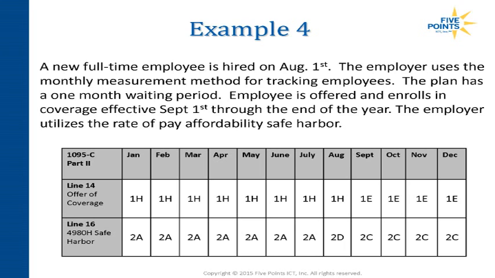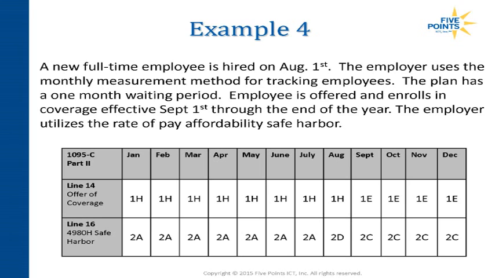Even though I hired him in August during the waiting period, so I didn't offer benefits. Then when I did actually offer benefits, I switched it over to the 1E from September through the end of the year. Now for my 2 series codes, if I want to avoid having to pay penalties, I'm going to say 2A,